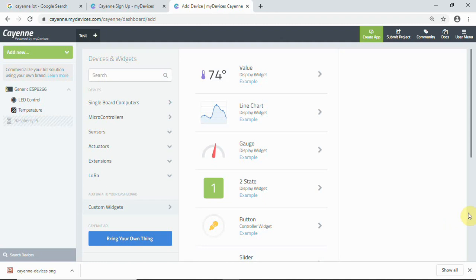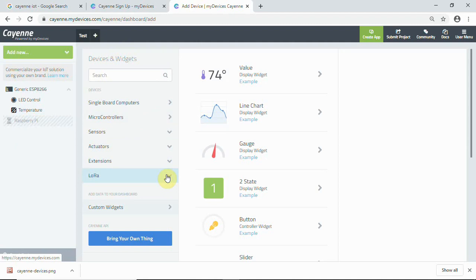You can even make your own product and just use this cloud. And this is what I wanted to discuss in this video. You can also explore more in this cloud. We have more microcontrollers, sensors, actuators, single board computers, even LoRa. You can explore these and try new things.